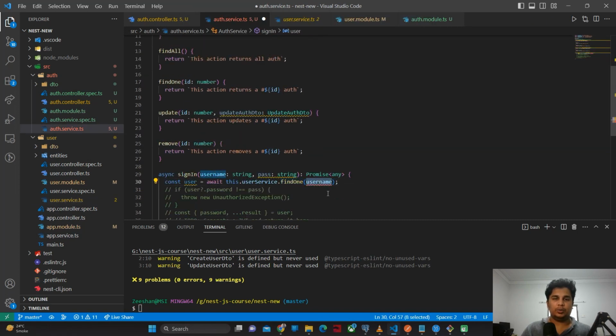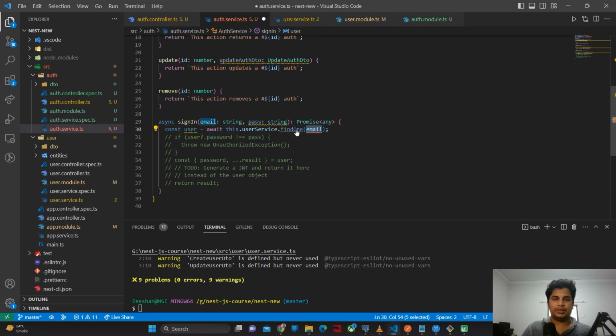Okay, and this is the email actually that we'll be sending towards the find one function. So we will just write email here instead of username, and we will still use the email here, and this is the password that we will be sending afterwards in order to match. But initially we will send email,